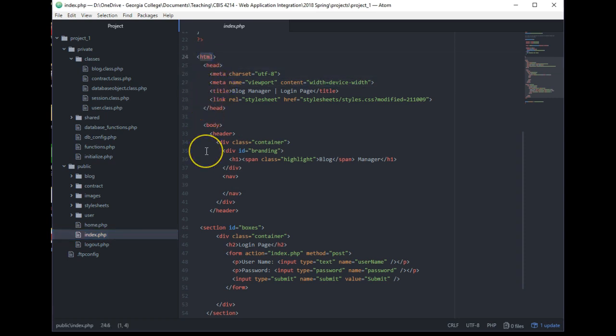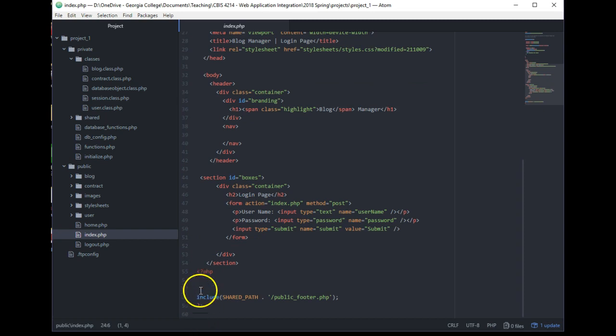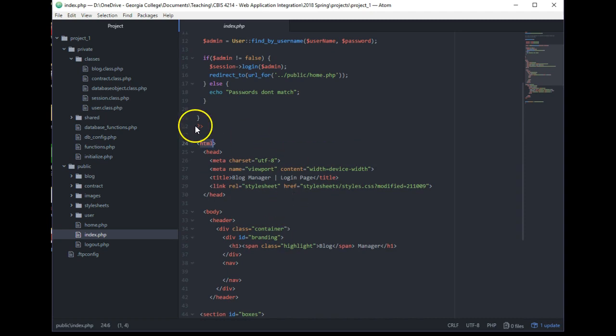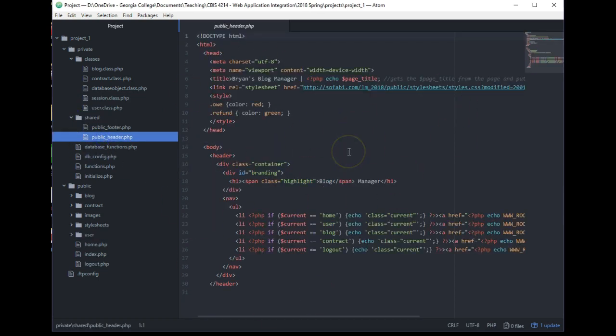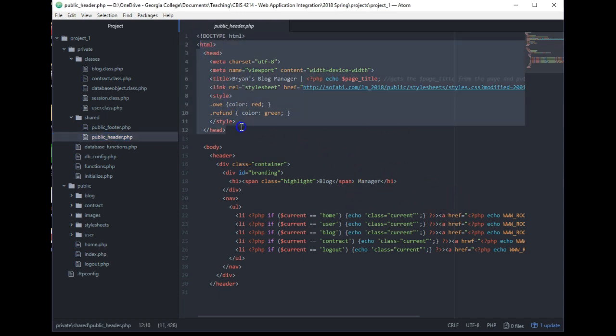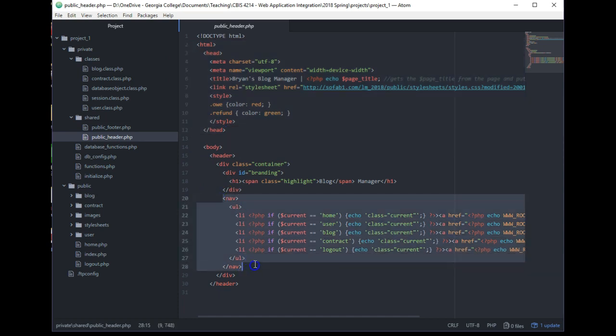I'm doing all of this code on my own, and I want you guys to do this too. Make sure it says login page, blog manager, and then come all the way down and just do all this code yourself, because you don't want to give access to that header information, the shared header. All the stuff that's inside that shared header, you don't want showing up on every single page. On your home page, on your login page, you don't want it. So you can essentially just copy this first part, put it in there, and actually probably copy all the way down here